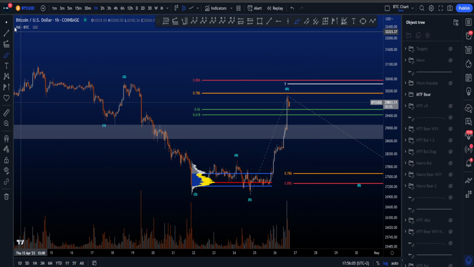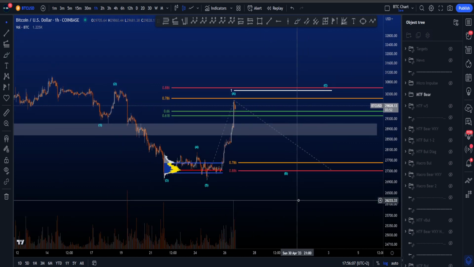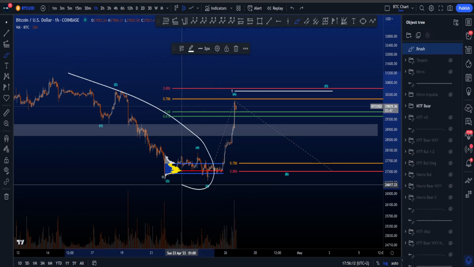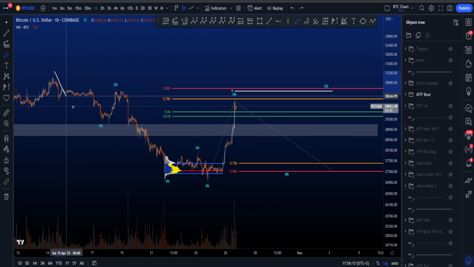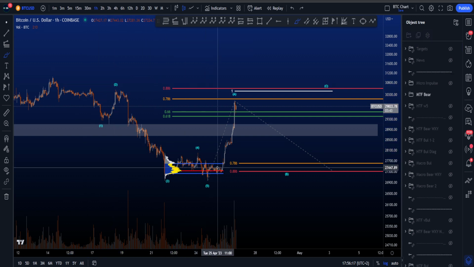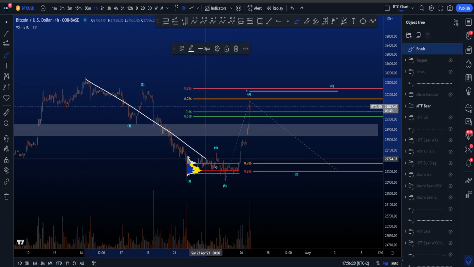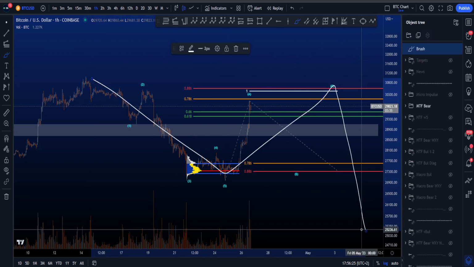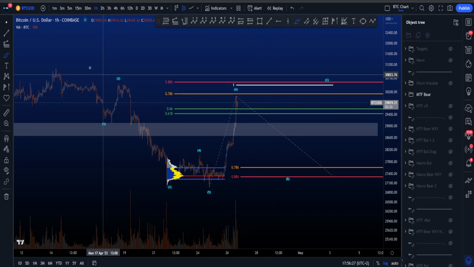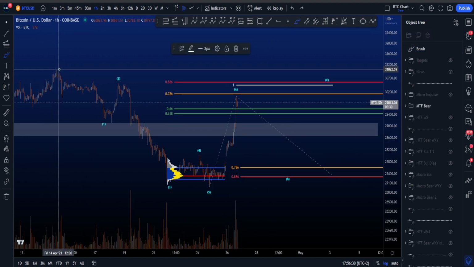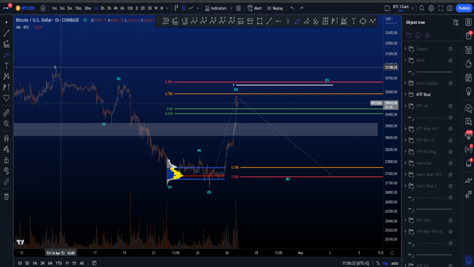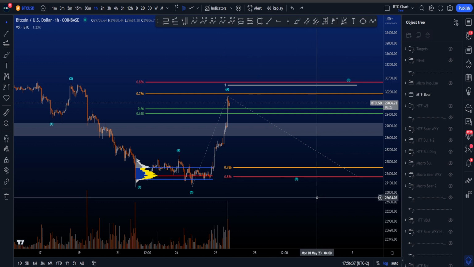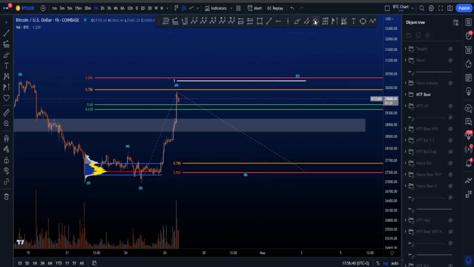If we then zoom out and we have a look at the more bearish scenario, this is becoming less and less likely the higher price is going to push, because this is a 5-wave structure to the downside. And because this is a 5-wave structure to the downside, in a bearish scenario where this is potentially a wave A, B, C, or a wave 1, 2, and then eventually a 3 for much lower prices, you do not want to see price taking this high. In the bearish scenario, it's basically invalidated the moment price is going to take the high here at about 31k.